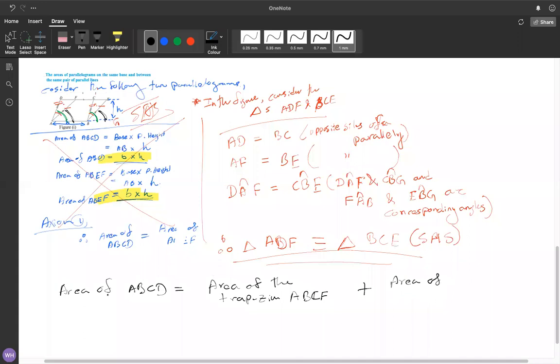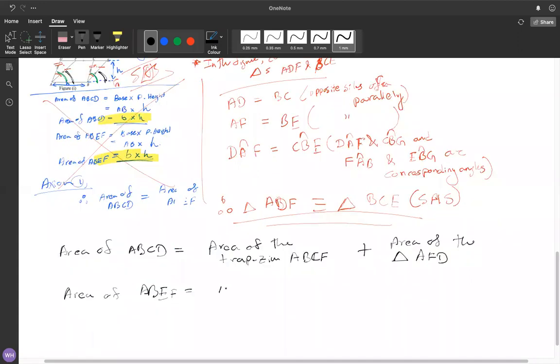Next, the area of the other one, ABEF, will be equal to the sum of the area of the trapezium ABCF